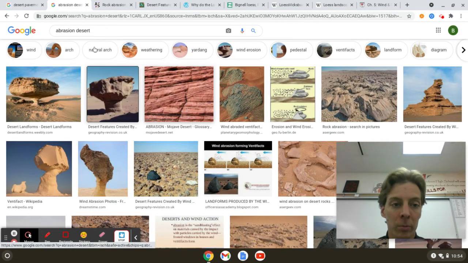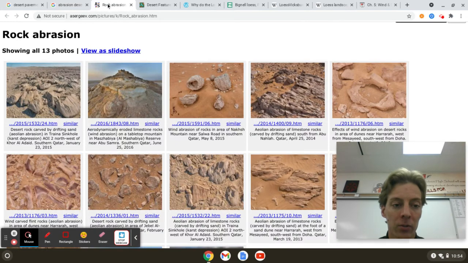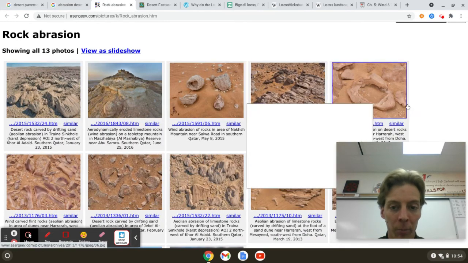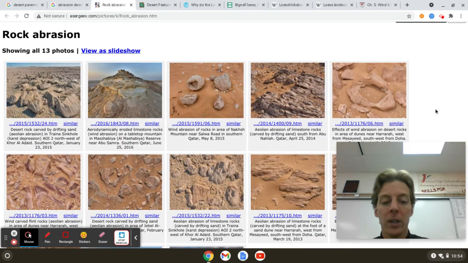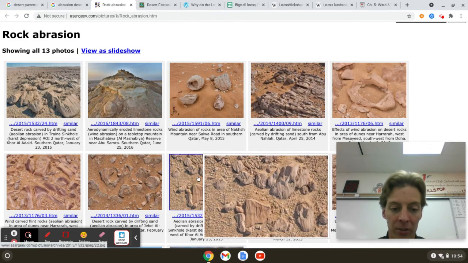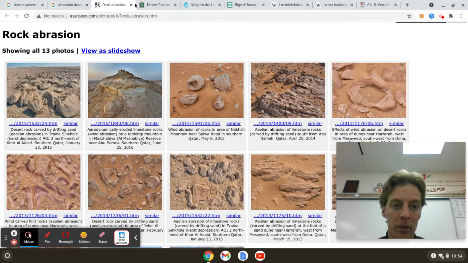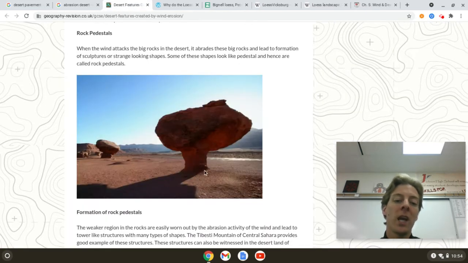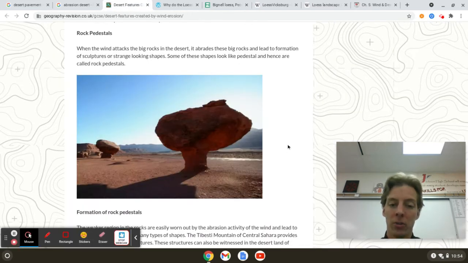Abrasion, lots of cool abrasion things. Let's look here first. These rocks are abraded. You can see scars all in one direction where the wind continually sandblasts these over and over and over. The other thing, you can get these weird formations.